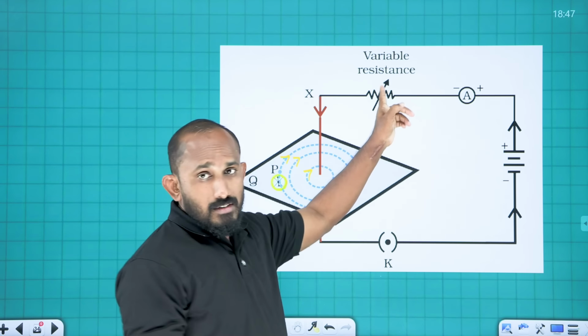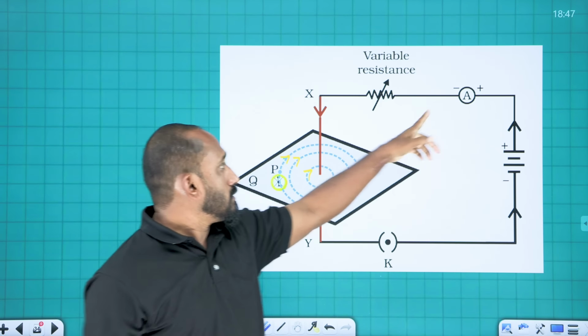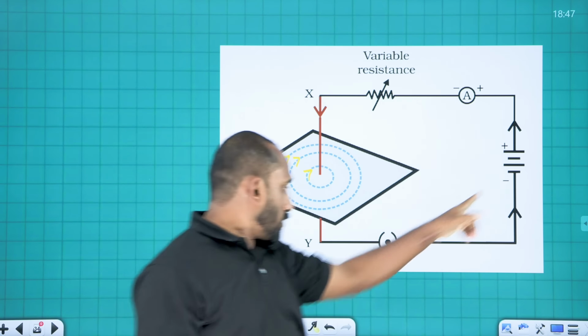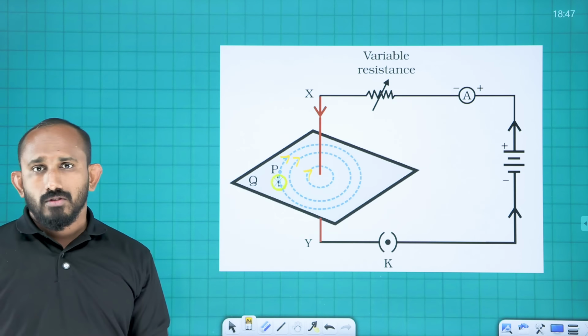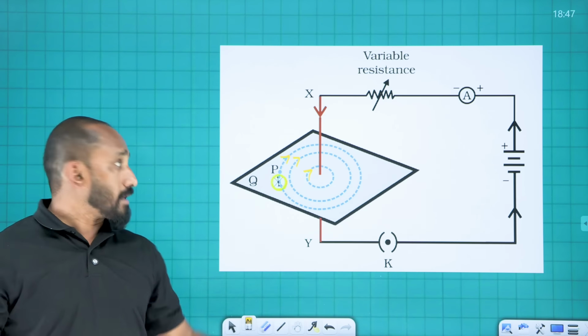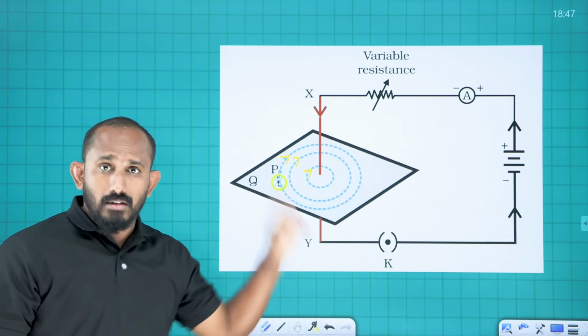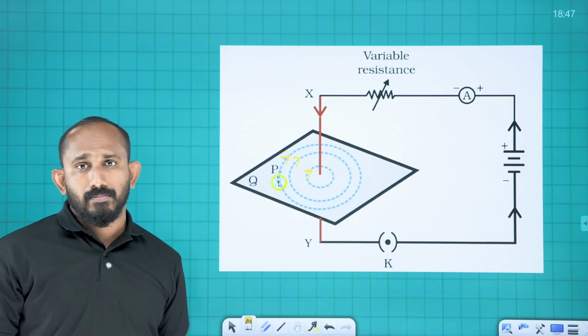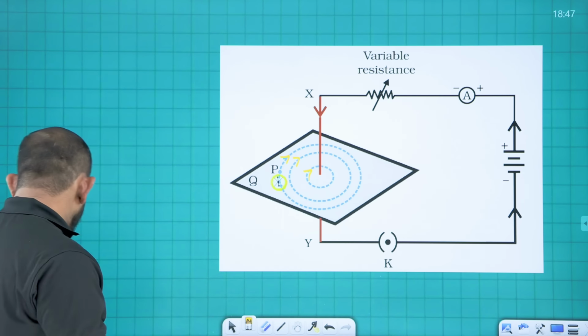A rheostat is there to increase and decrease the current. Ammeter is shown, a battery is shown, key is shown there. So this activity, if you practice well, you could draw this figure also. But here the current is downward in the figure, and the question asks for current upward. Okay, so in the previous question, this question,